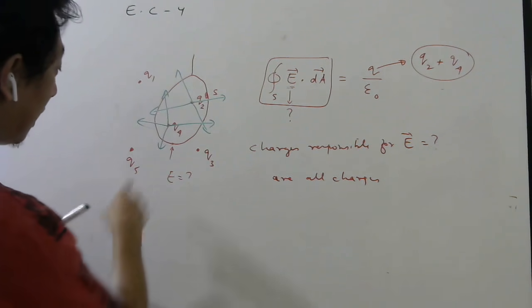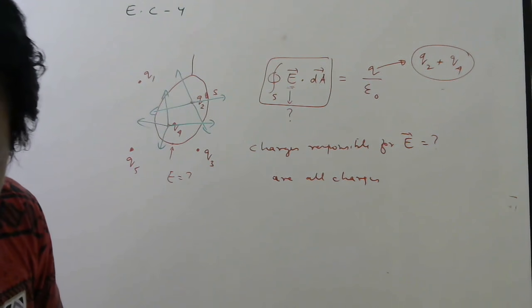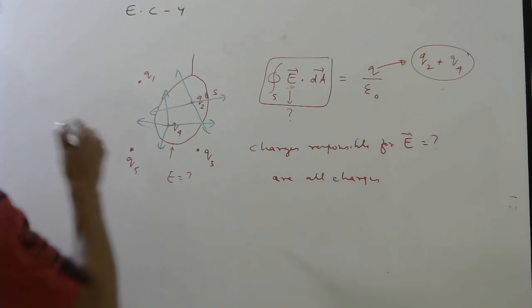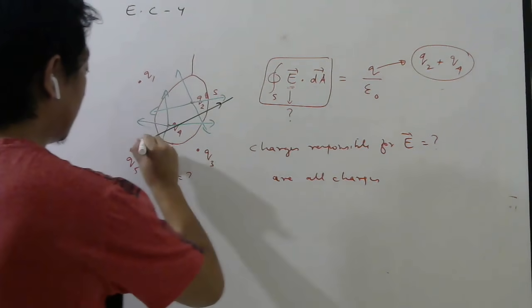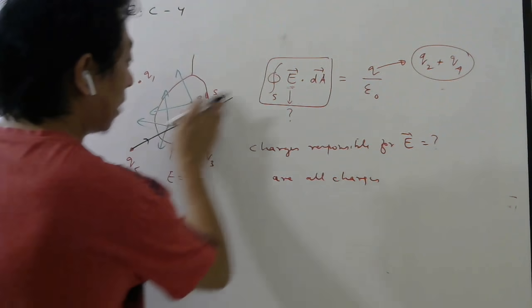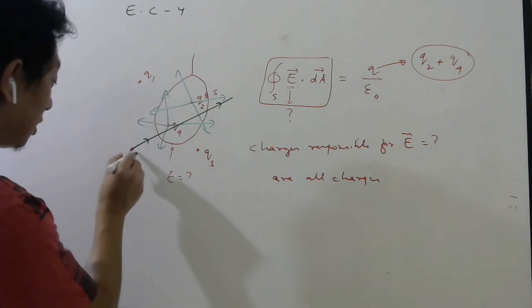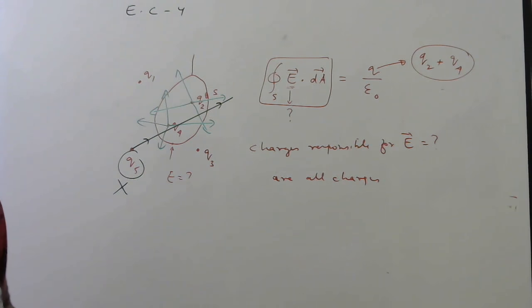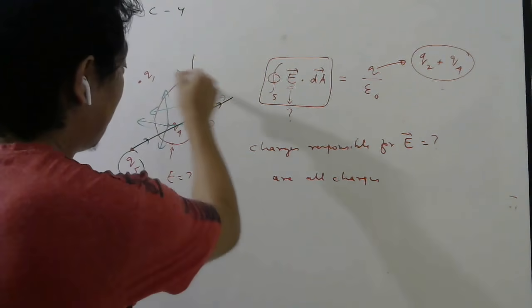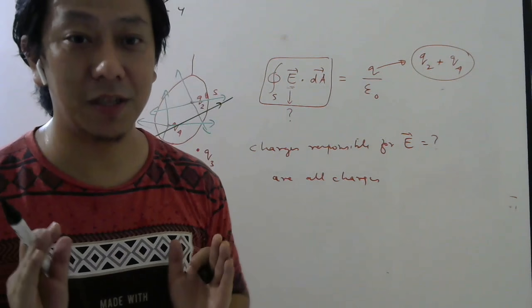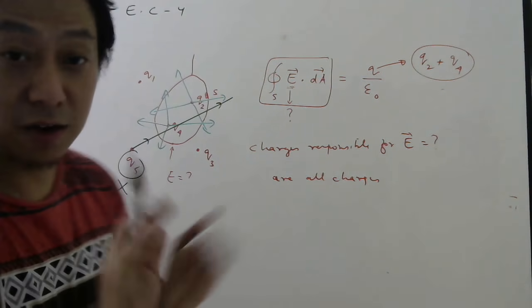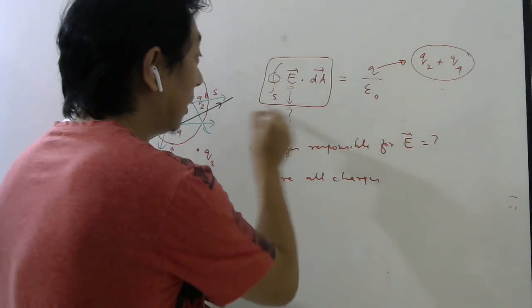But if you take any outside charge, you see if you draw lines, how it will go like this. So it will come in also and out also. So this will produce negative flux, this will produce positive flux. So this will be useless to calculate the flux through this surface. Understood? So it's a very easy way to understand that the charges outside are not important while calculating the flux.